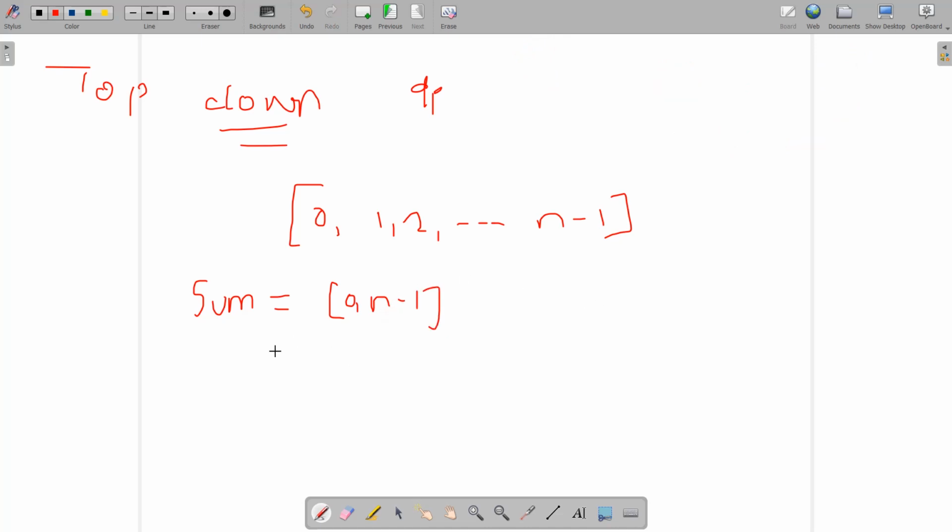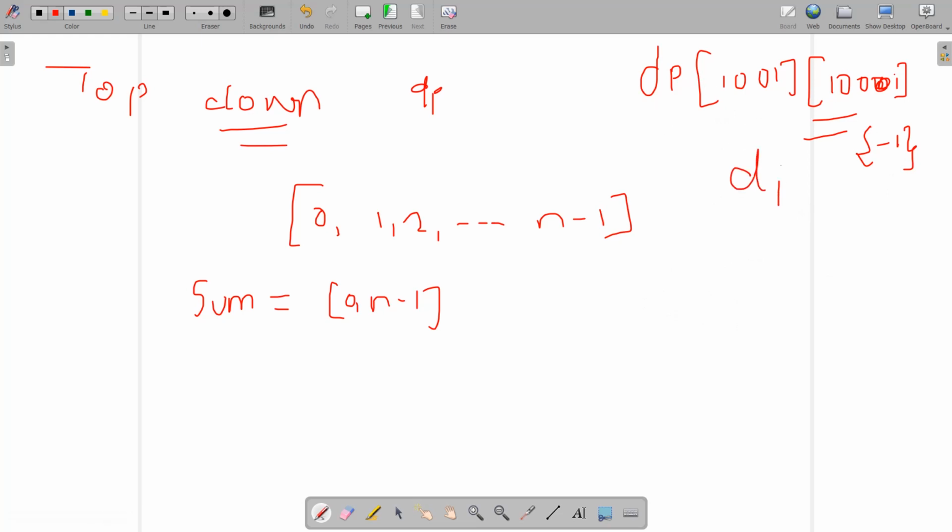Then I will call a recursive function with memoization. Since I am doing memoization, I need to maintain a maximum-size array, or a 2D matrix, of 1001 by 1001, initially initialized with -1. Whenever in the recursive call I find that dp of i j is not equal to -1, it means we have reached that particular state more than once.